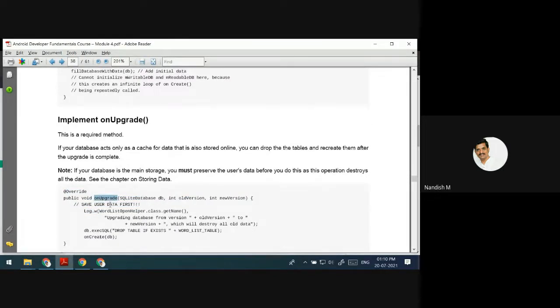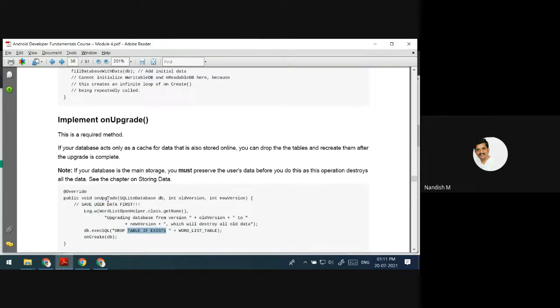This is a class which is already there inside the SQLiteOpenHelper. This is not your custom function. The body of the function that you are going to write is going to overwrite the existing one. Some table you are going to delete.